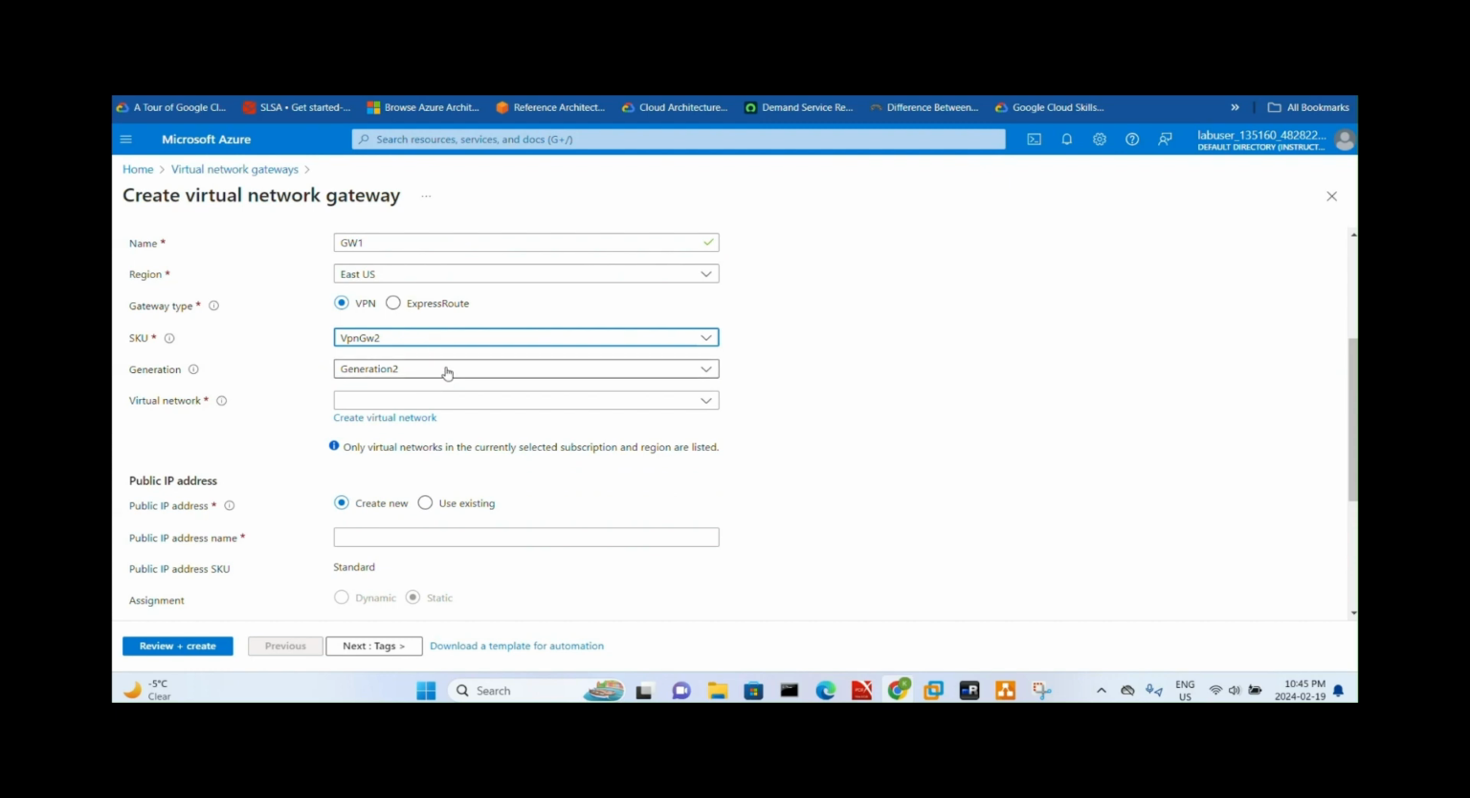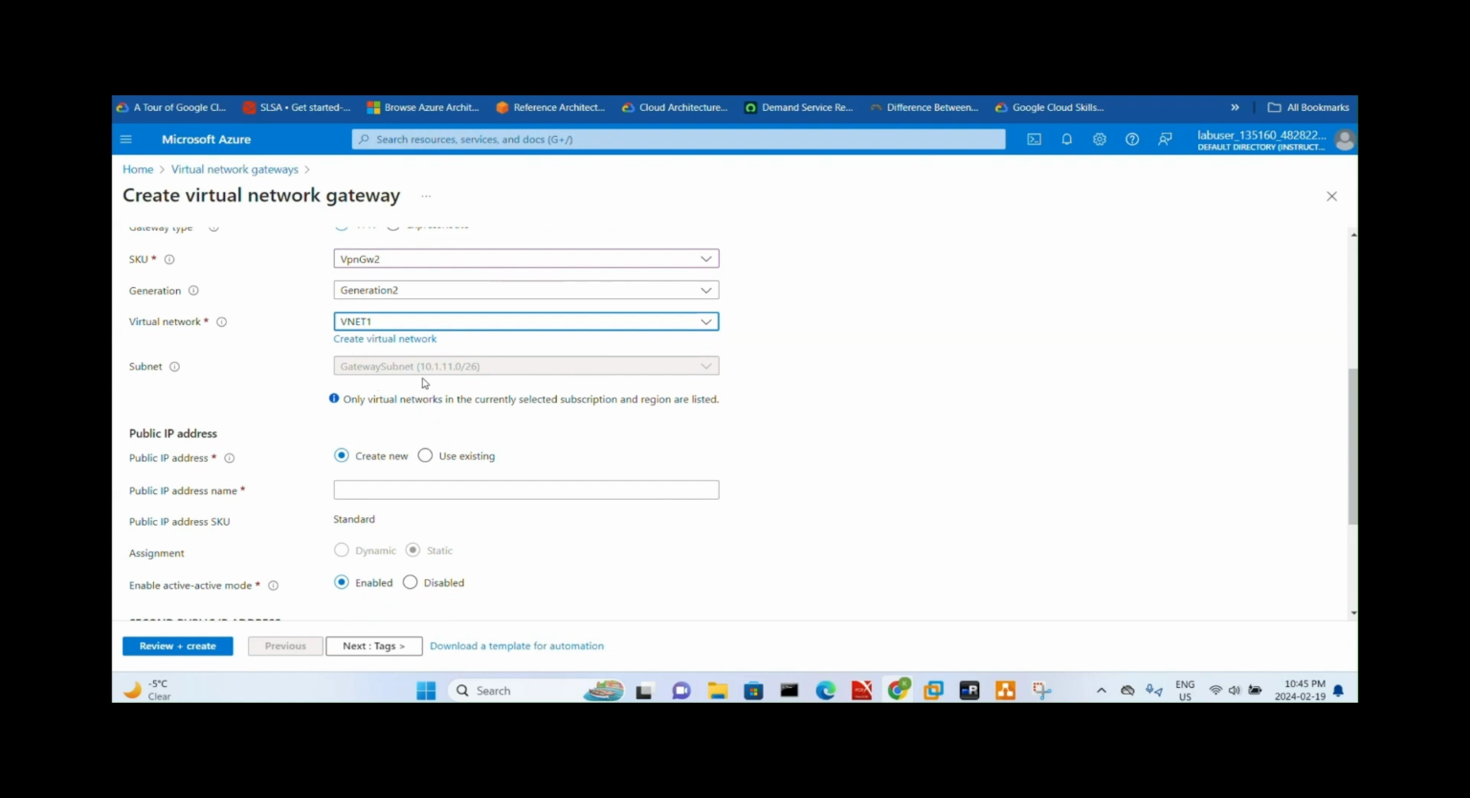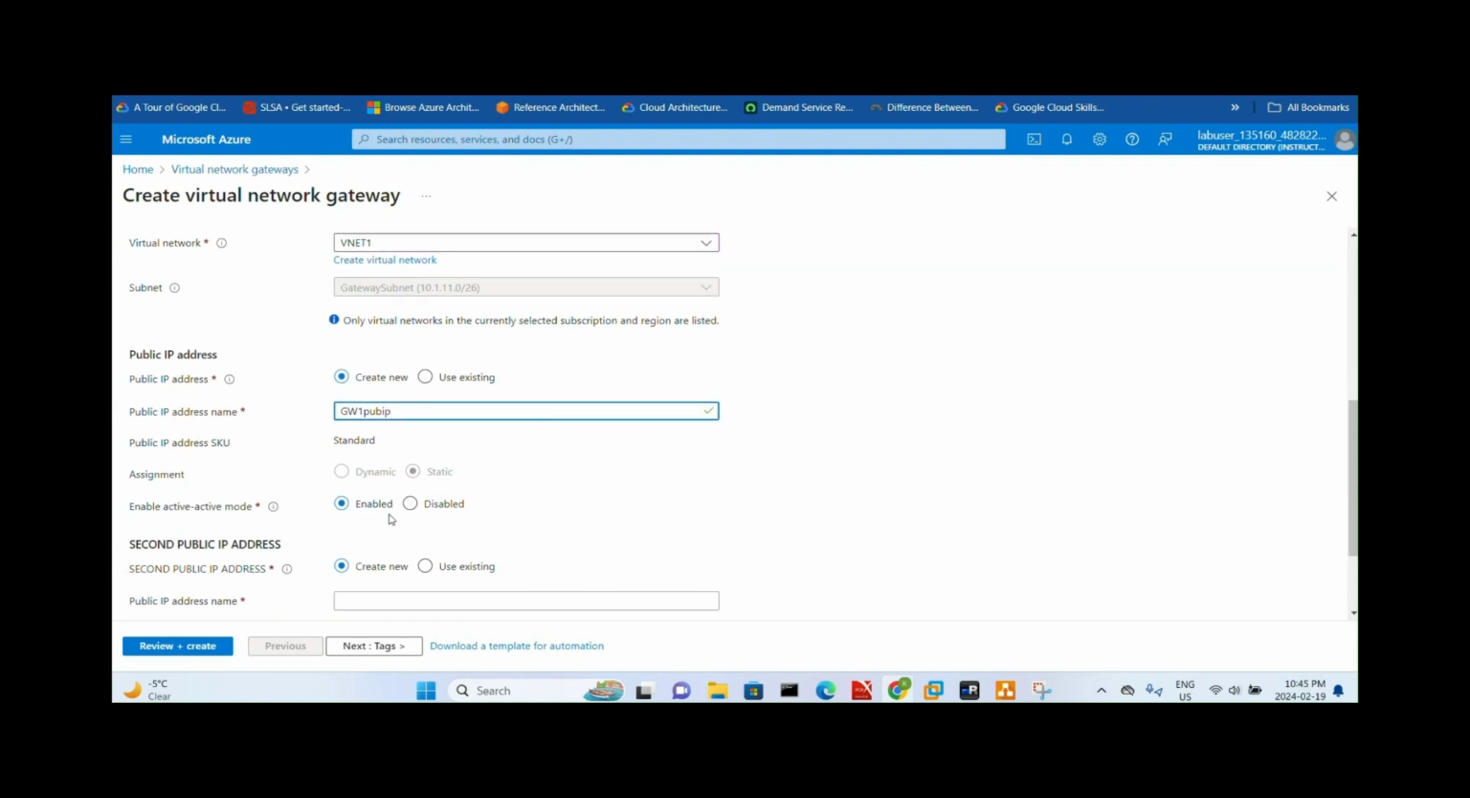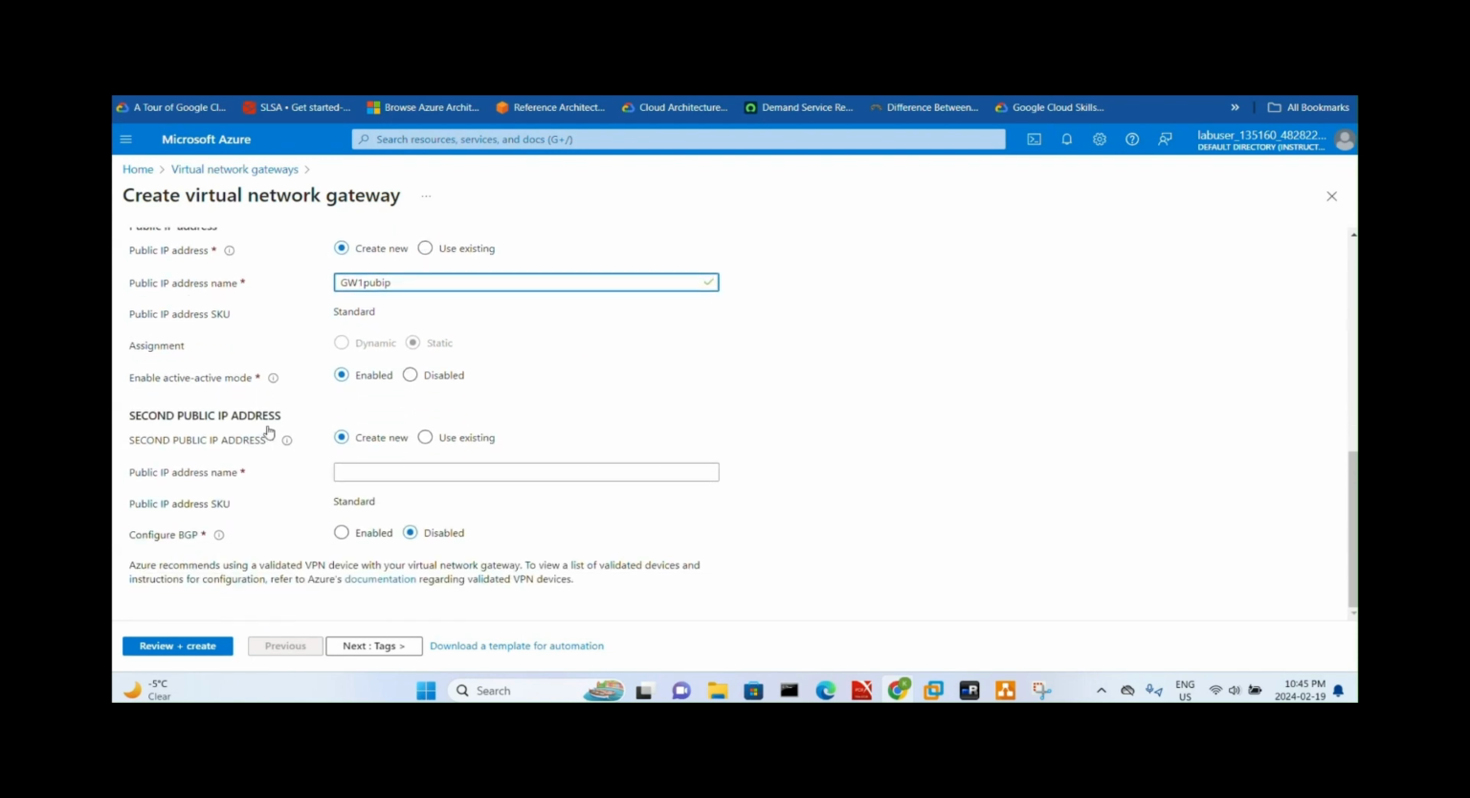We'll go with the generation 2 without any availability zone configuration, and we'll go with VNet 1. And as you can see, it's picked up the gateway subnet which we have already deployed. Then we have to get a public IP address. So we don't have a public IP address, so we have to create a new one. We can call it gateway 1 pub IP,